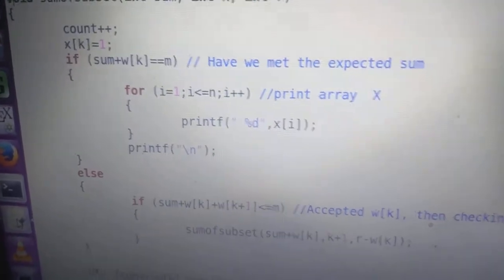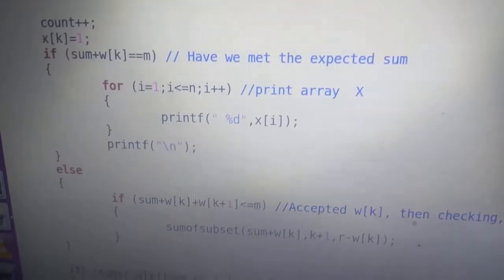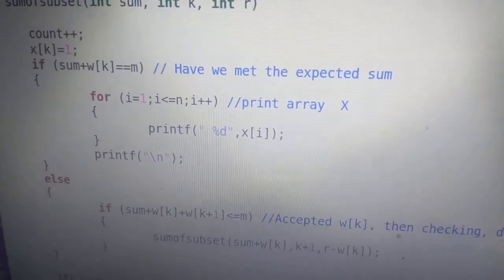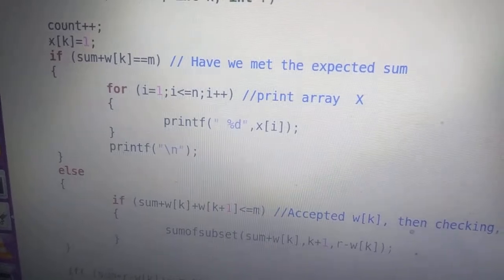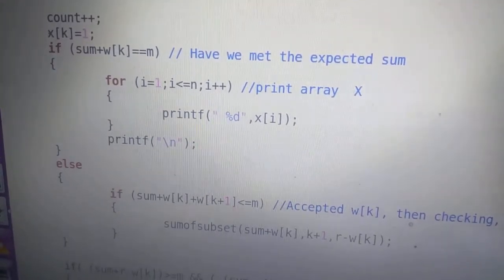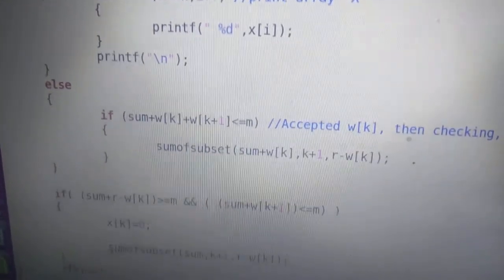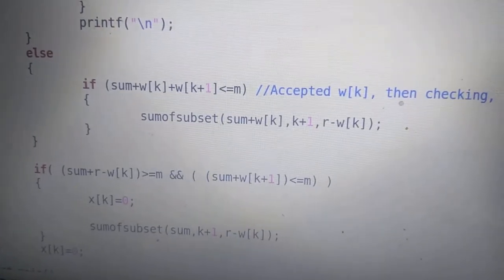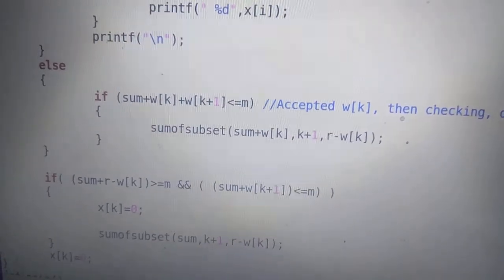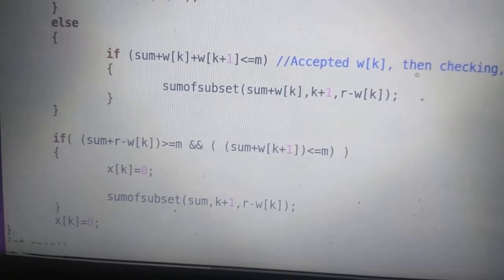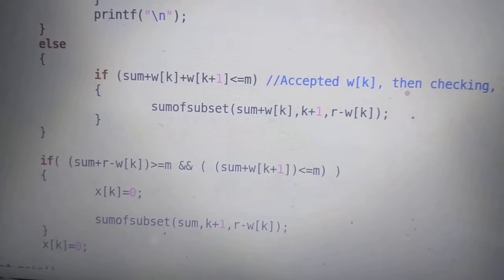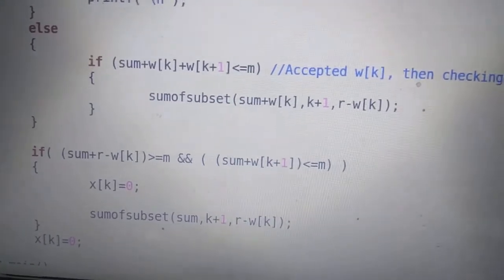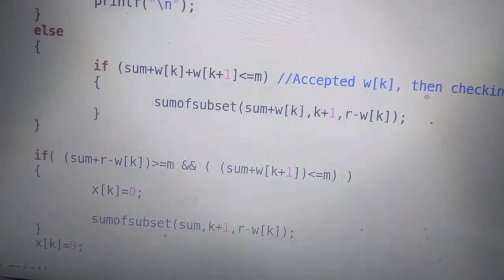Then if we have met the sum, that is sum plus wk is equal to m, then what you have to do, we will try, can we create a sum by excluding wk and considering the next element wk plus 1. That is done here. So before that we have to check